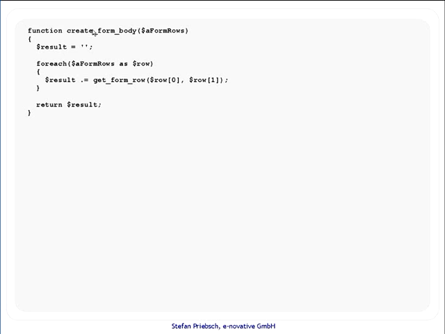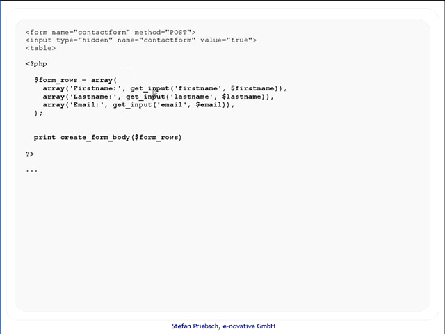I'll create the function create form body, and I pass in form rows. We get to that in a minute. I loop over the form rows, and each row I will output one form row. This is the same function call you've seen before, and each row element obviously is an array with two elements. So let's have a look at how that looks when we apply it to the code. We'll define a data structure with a label, and this is the HTML code of the input. So this is a string, and we put in three arrays in this form rows array, and this defines our